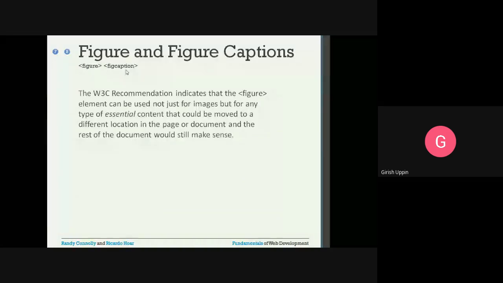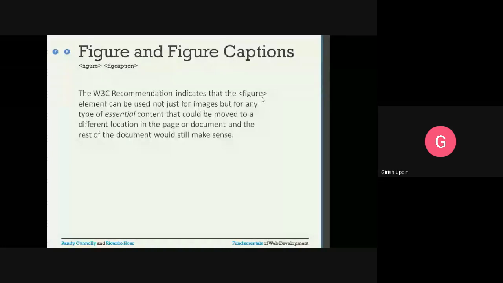So as I told you, the figure has to be used with relevance. There should be a semantic meaning for using figure. If you are using the image for general purposes, for a background or some element you want to show, so there is no semantic relevance, then you should use the img, otherwise you should use the figure.